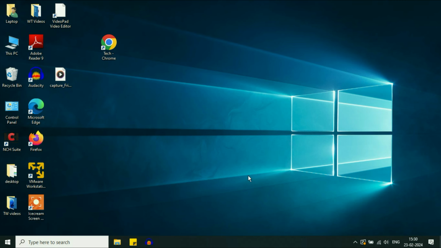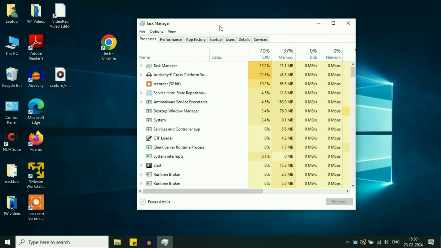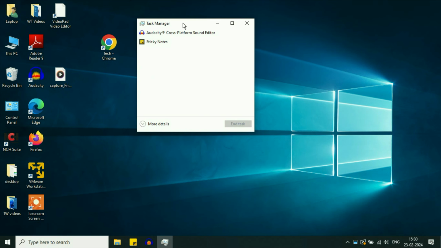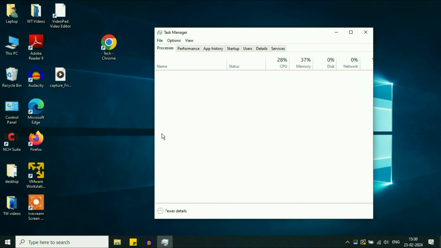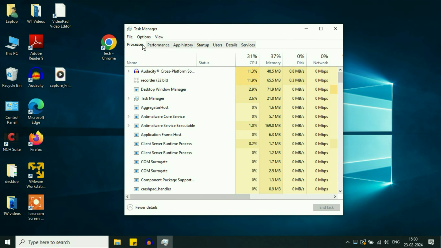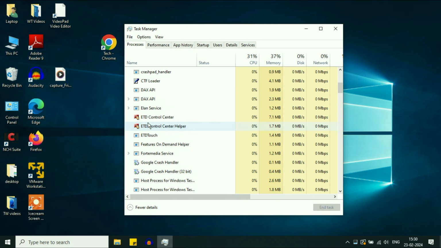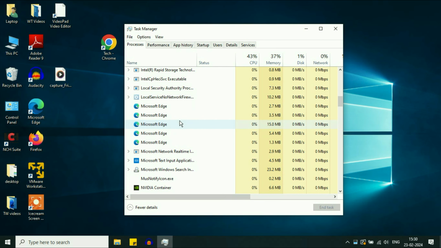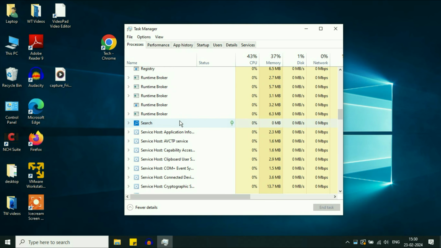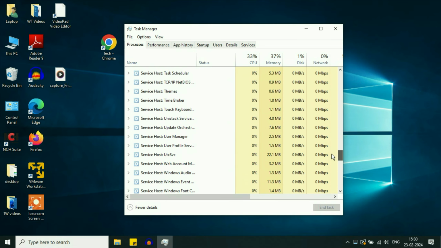So for this, right click on the taskbar and you will see this option here, Task Manager. Click on it. Now if you see this kind of small window of Task Manager, simply click on this option, More Details. Now in the Process tab you can see these are the applications and services which are running in the background. So first you have to search for Google Chrome application in the list,